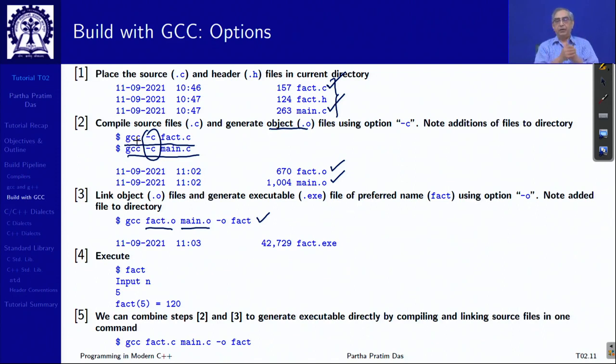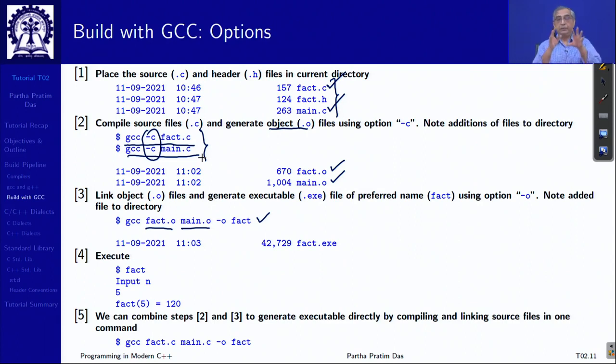If you just do GCC main.c, the compiler will generate main.o and then start shouting that it cannot find where fact is. Similarly, if you just compile fact.c, it will complain that there is no main function in this source. So, you need to stop it at the object level and then take all of these objects to link together,